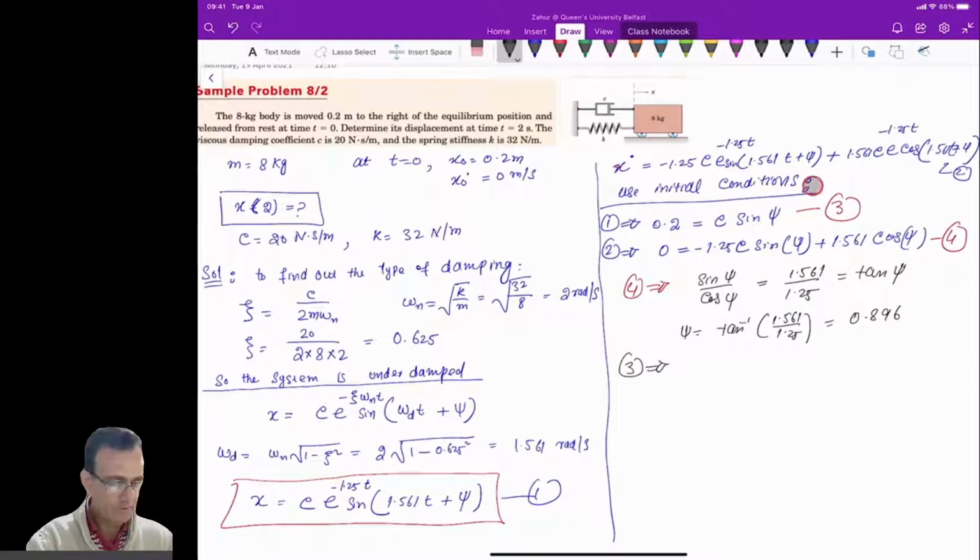If you have the psi value, now you can calculate C using equation 3, because if you know this one, you can calculate this one. So it will become C sine 0.896 equal to 0.2. So C will become equal to 0.256. So now we managed to calculate psi and C. So we can put these back into our main equation here. If we just put the value here, x becomes equal to C, which is 0.256,